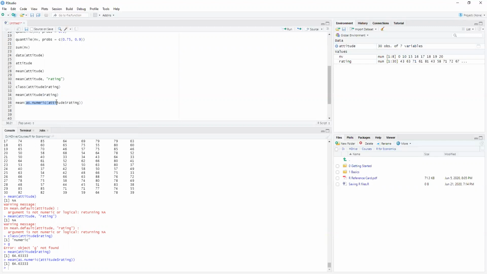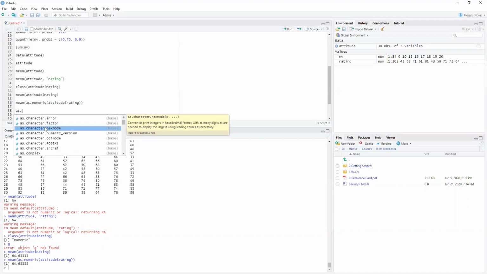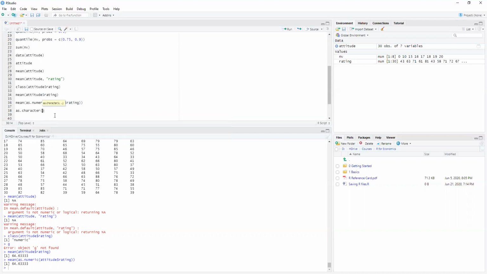So we can actually change by saying, oh, well, this is actually a number. Could you read this thing as a number? So if we change this to something else, as integer, and there are a number of different things that we could actually change this to. We could do it as character. So if we did it as a character and we said attitude rating,